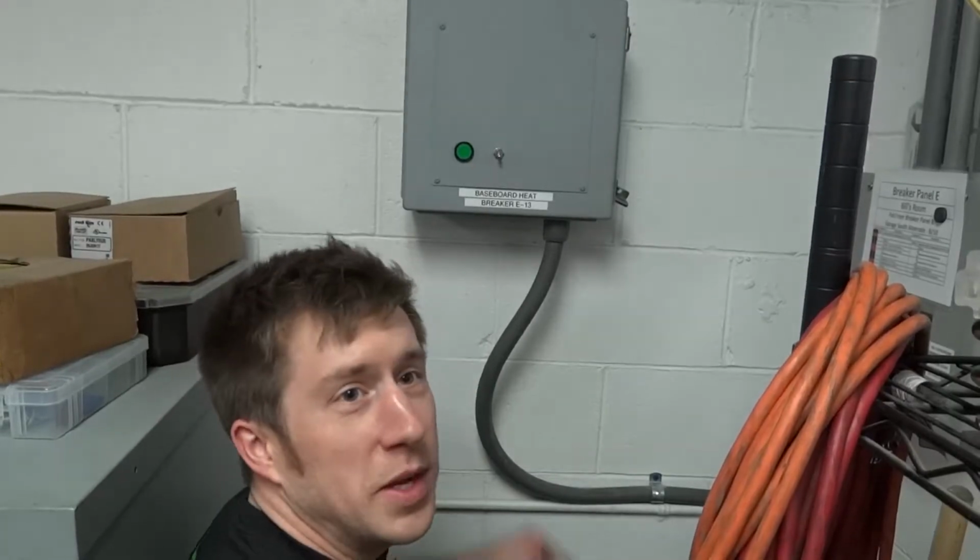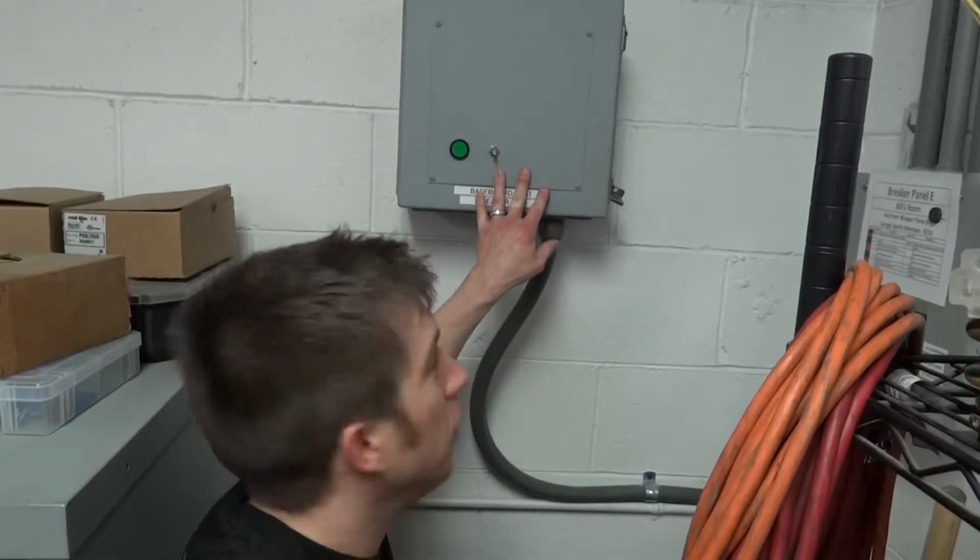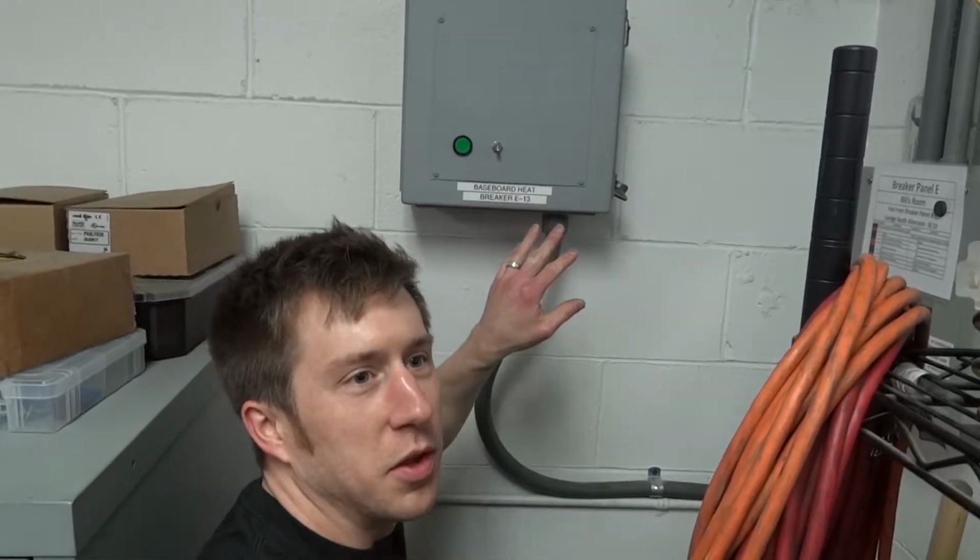So I'm going to take you for a walk around the shop and show you how we set up our thermostat, show you how we wired everything in, and hopefully you guys can use that knowledge to maybe modify your own HVAC system. Anyway, have fun. So basically, the way that we have our system wired is we have the two wires coming